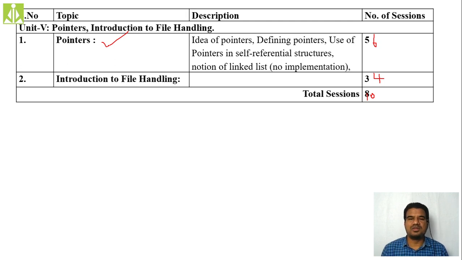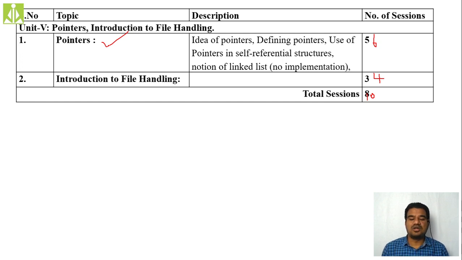So many of the BE courses, they are quite interrelated. So don't think that if you have finished one particular course, nowhere you are going to use that course in future. Definitely many of the courses whatever we are going to complete at the basic level, they are going to help you in your advanced level of BE as well. Okay, so as this pointers concept, it is entirely related to your data structures course in your third semester, that is second year first semester, or we call it as third semester.